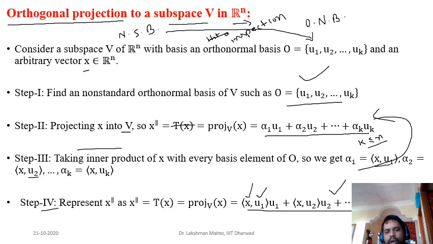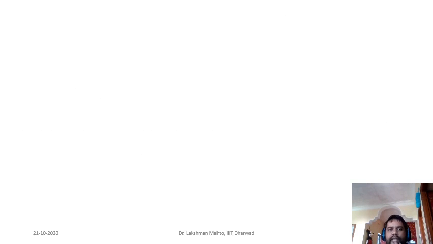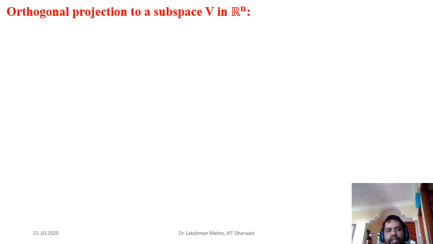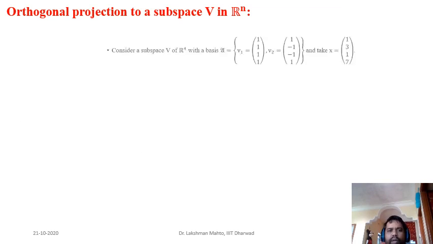So you have expressed this projection of this vector as a linear combination of the ui's. So that is the step. In the fourth step, you have to solve it. So I will take one example and apply the fourth step in order to get a solution. So do these steps, and definitely you will get your solution.